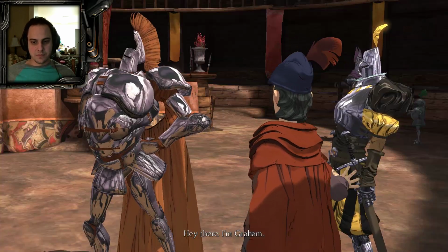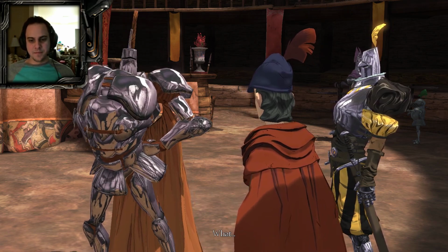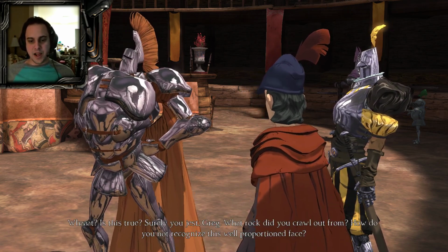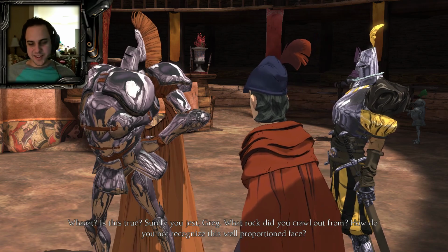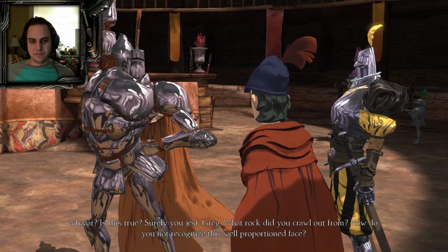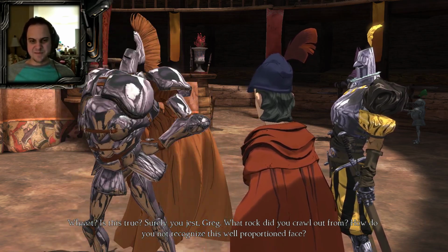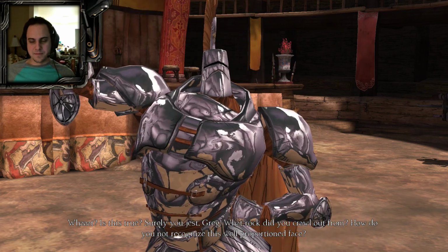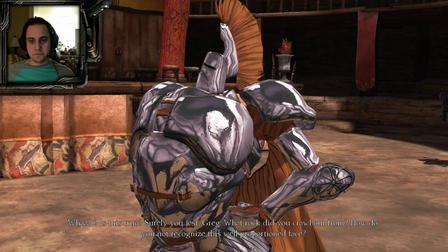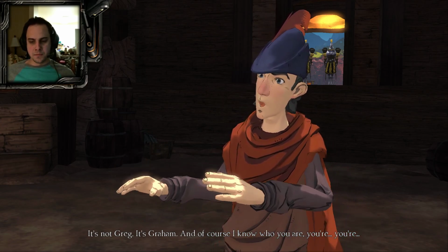Hey there, I'm Graham. Charmed, I'm sure. And your name? Well, I didn't catch your name. I didn't throw it. Ha ha ha. Is this true? Surely you jest, Greg. What rock did you crawl out from? Not Greg, Graham. How do you not recognize this well-proportioned face? And, of course, I know who you are. You're...